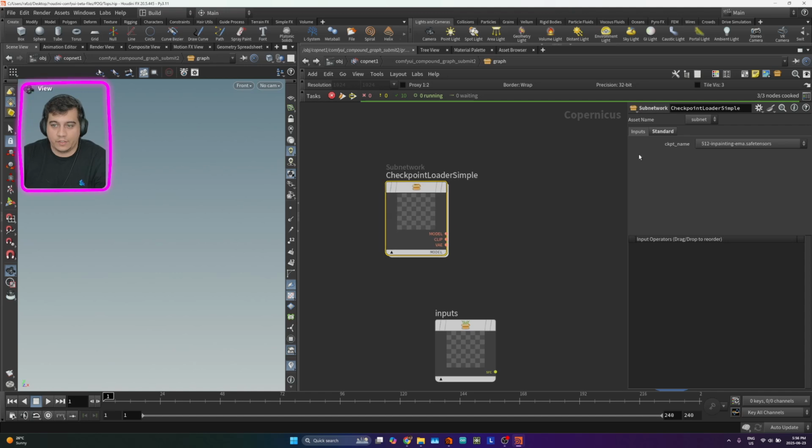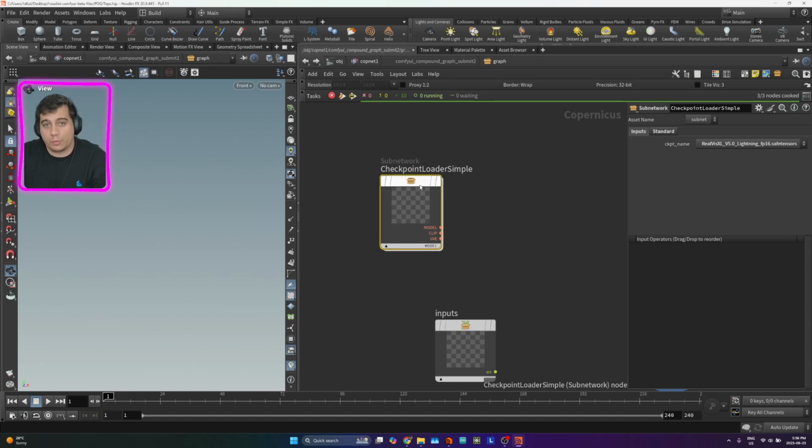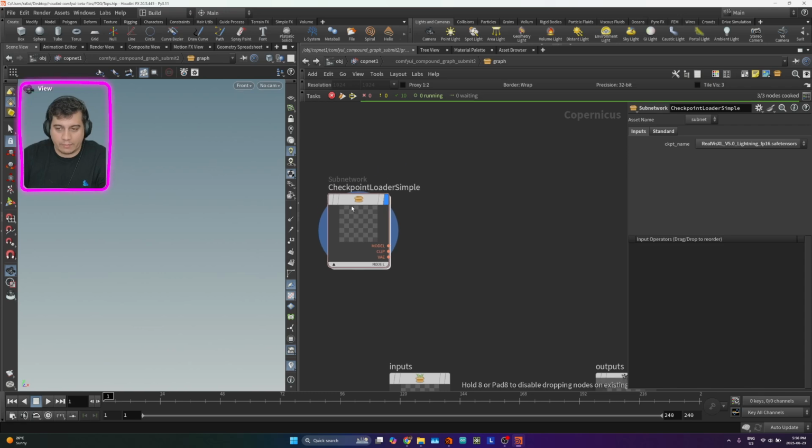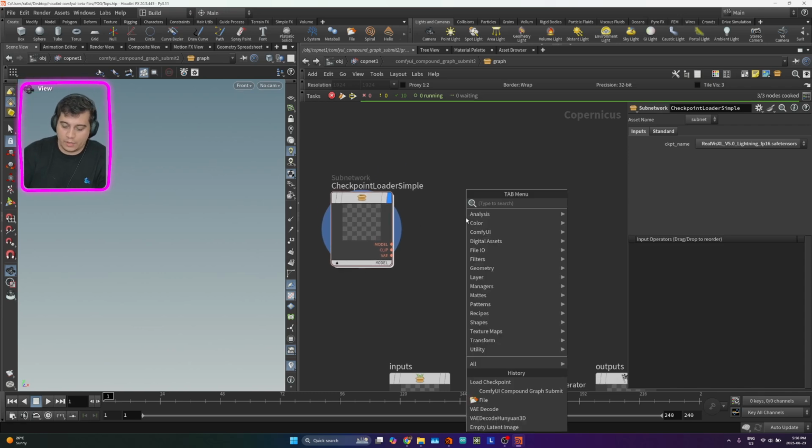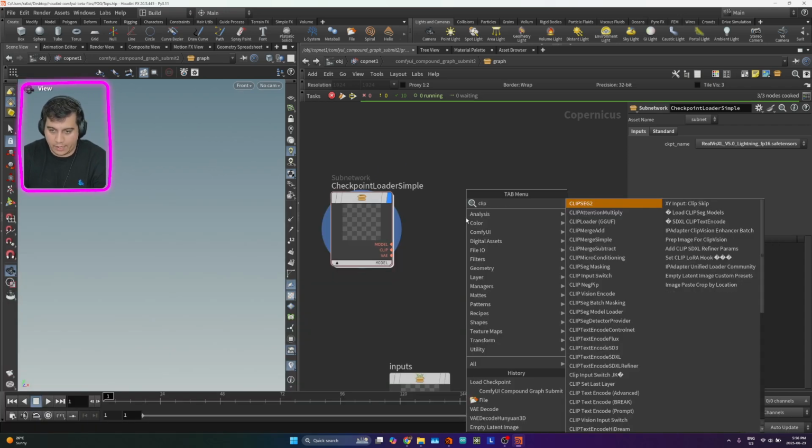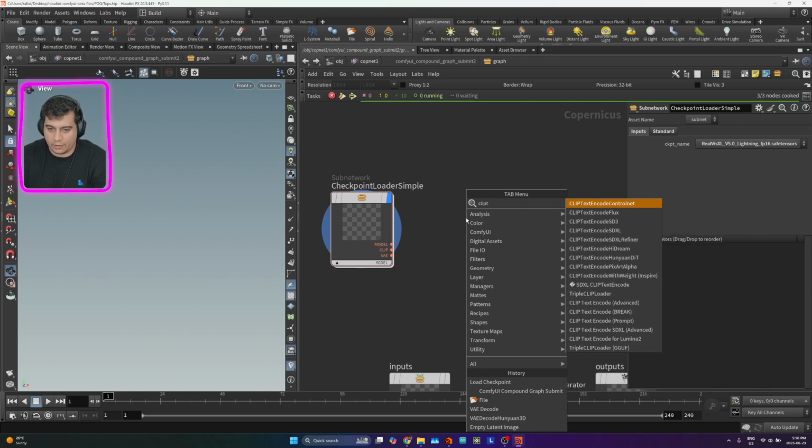And for this video I'm using a checkpoint that I've been using for a while doing this research, which is the RioViz 5 Lightning FBS 16. On the resource board you guys can find where to download it and how to install that. So that's what I'm going to be using. Now that I selected the checkpoint, I'm going to do a clip text or clip prompt,